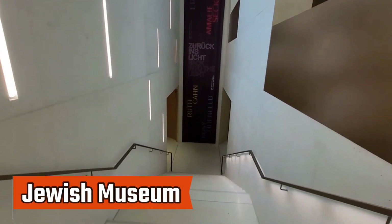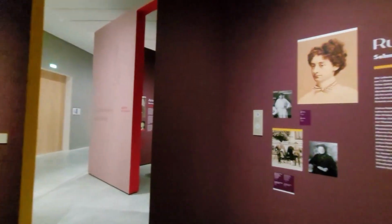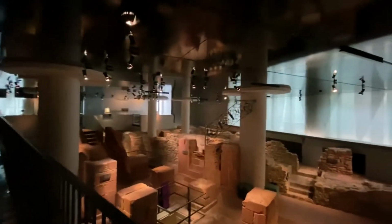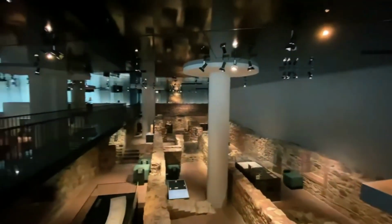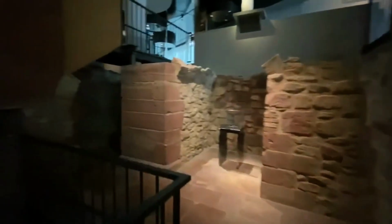Jewish Museum. Jewish Museum in Frankfurt, a window into the rich history and vibrant culture of the city. Step into the Museum Judengasse, a remarkable collection of artifacts that offers a glimpse into the captivating world of Jewish culture spanning centuries. As Germany's oldest major Jewish museum, it plays a vital role in preserving and sharing the Jewish heritage. With two wings located in different areas, both beautifully illustrate the intricate relationship between the Jewish community and the